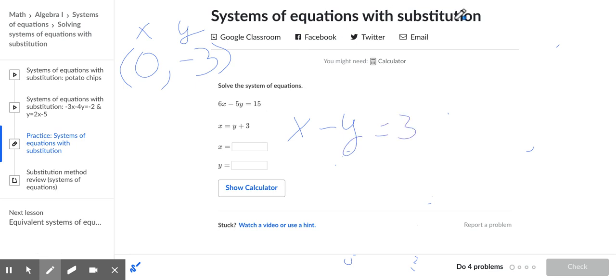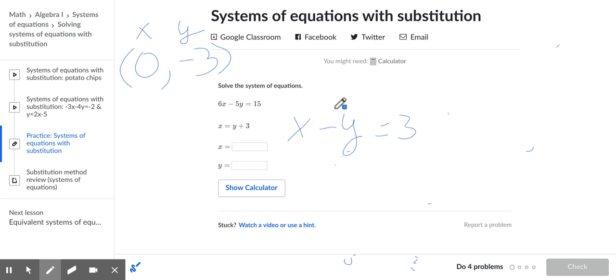But I had been told that I need to solve by substitution, and this equation is the same. I would need to solve this for either x or y before I can substitute it in. So I could add y to both sides, which would give me this, and then solve it exactly the way I just did. Or I could